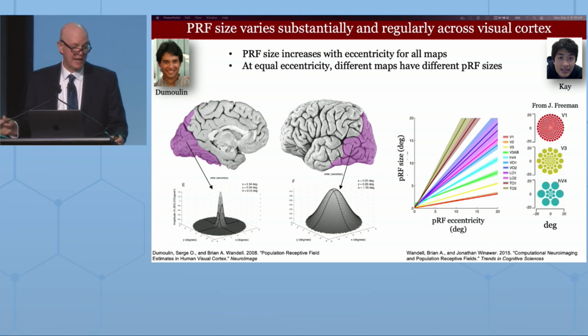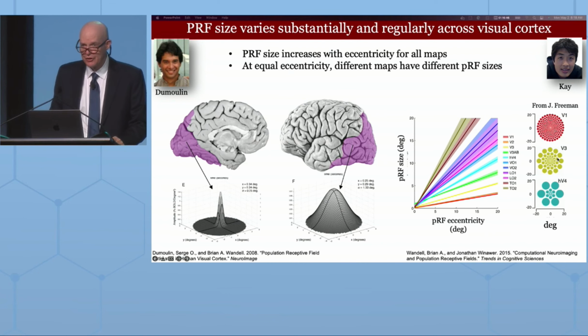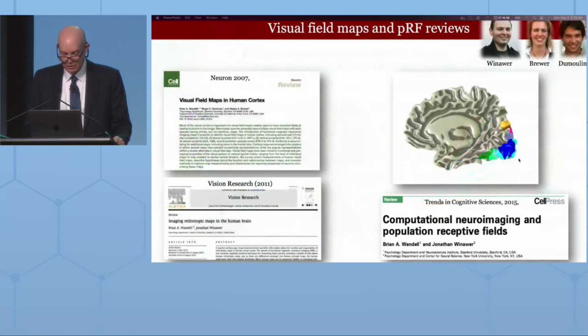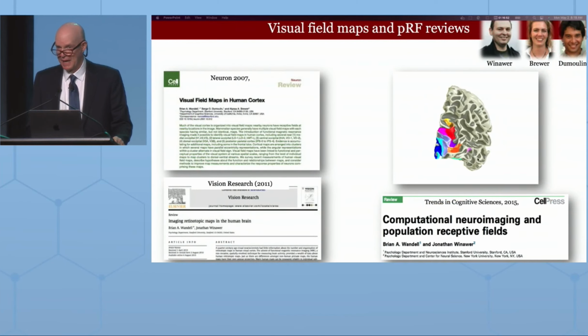And there are very big effects. This work, which I started with Serge Dumoulin some 15, 20 years ago, we could show, for example, that in the medial part in calcarine cortex, the receptive fields are quite small. If you go to the lateral brain, where there's motion responsive cortex, the receptive fields are much larger. And within each of the maps, there are quite regular organizations as you measure from fovea to periphery, where the receptive fields would start out small and get bigger and bigger as you looked at different eccentricities. And these are the standard, conventional way in which people's brains develop, in which visual field maps arise.